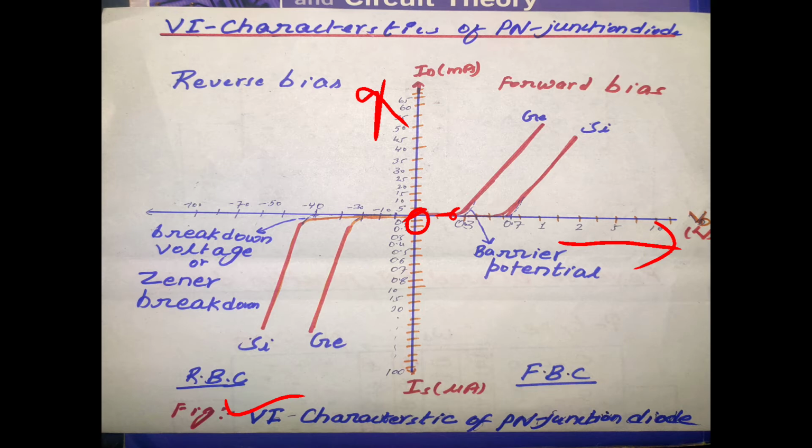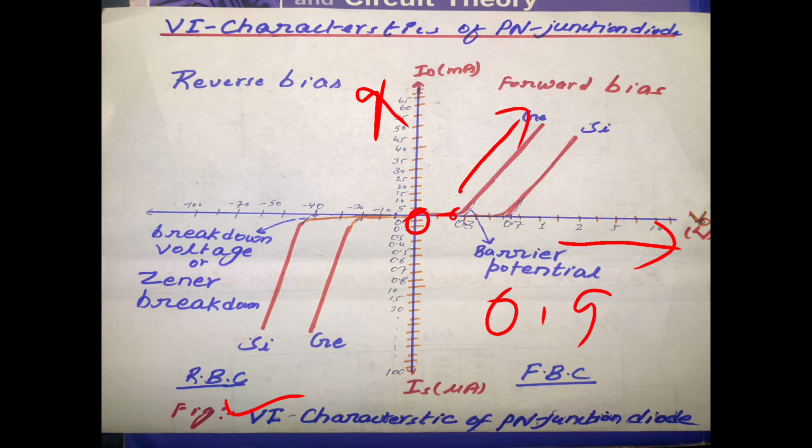Then 0.3 minus 0.3 will be equal to 0, so also there will be no change in the current, and now we have increased the voltage up to 0.5 volt. So you can see here, if we apply 0.5 volt, that is greater than the barrier potential of the germanium, then you will notice that there will be a sudden change in the current, and the current will start increasing after the 0.3 volt. And now we have increased up to 0.9 volt, or we can assume 1 volt.